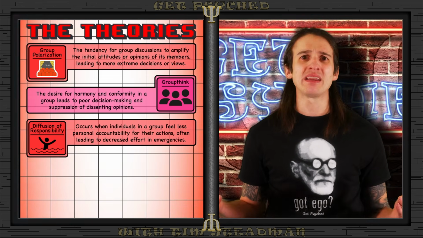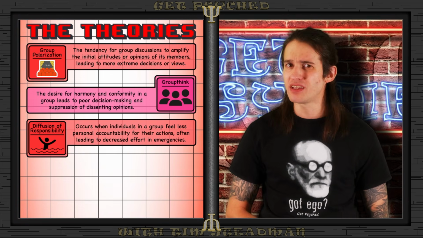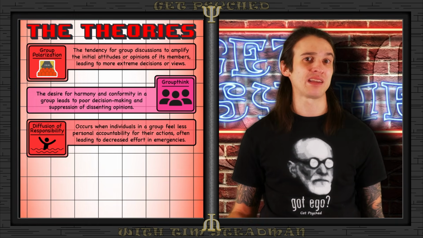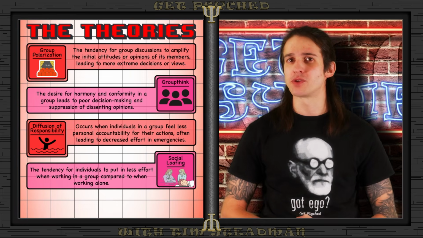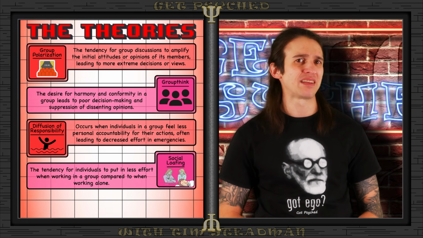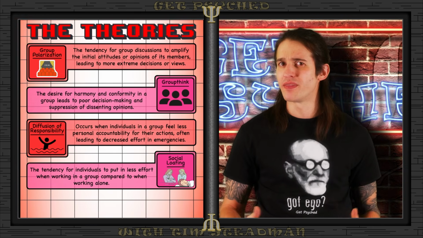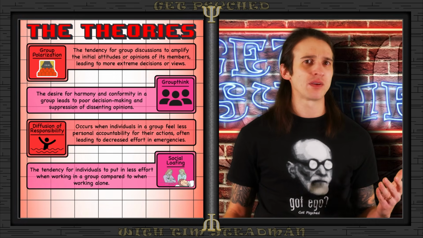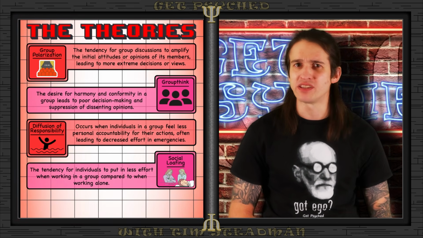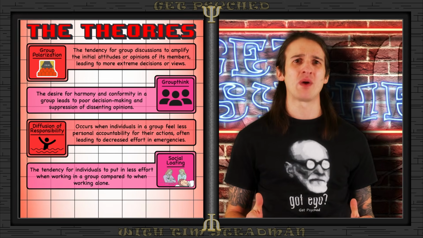It's why someone might not step in to help during an emergency. They assume someone else will take care of it. This ties closely to social loafing, where people put in less effort when working in a group than when they're working alone. Think about those dreaded group projects where at least one person just coasts along while everyone else does